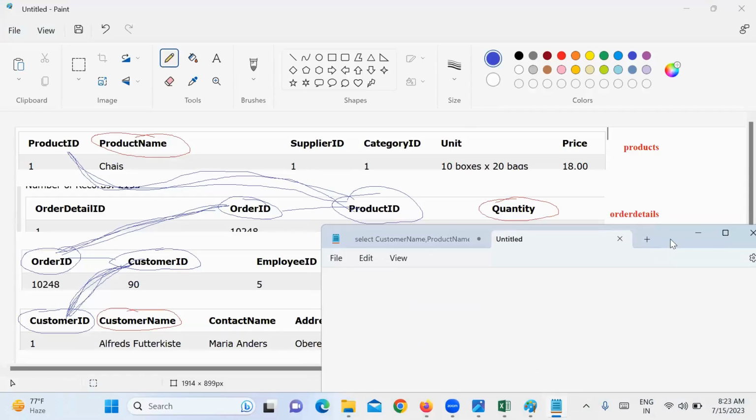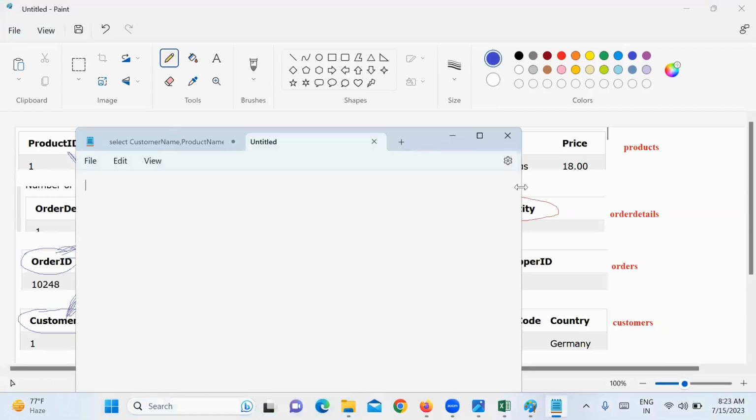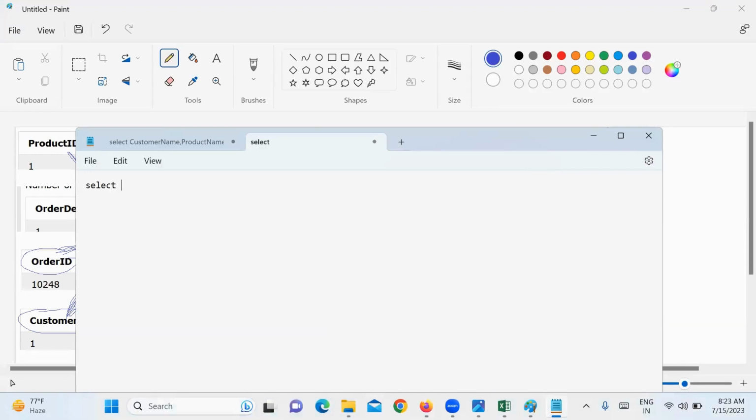Okay, so let me write that syntax also. You can join any number of tables like this. You select column 1, column 2, column 3, column 4, column 5, whatever columns you want, from table 1. Join table 2 on table 1 dot column equal to table 2 dot column. Join, let's say, table 3 on table 2 dot column equal to table 3 dot column. Join table 4